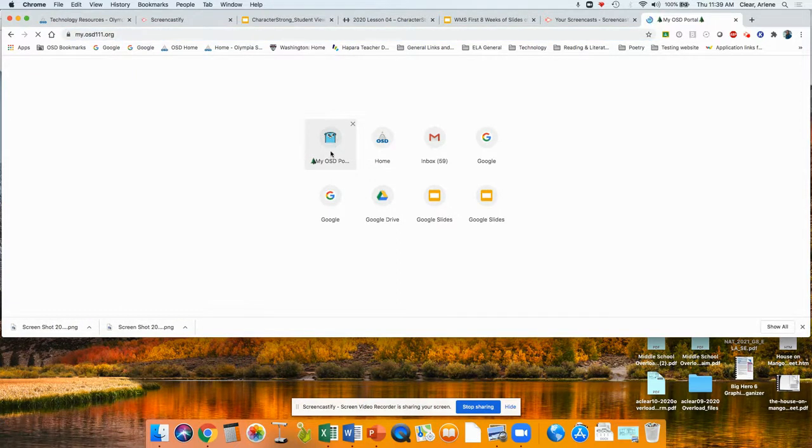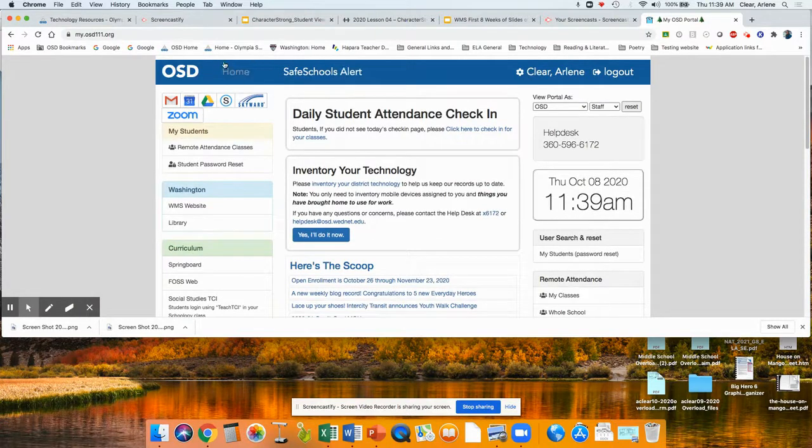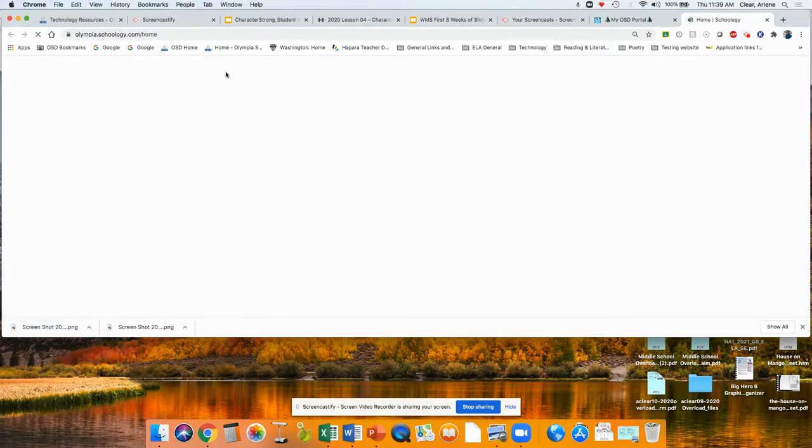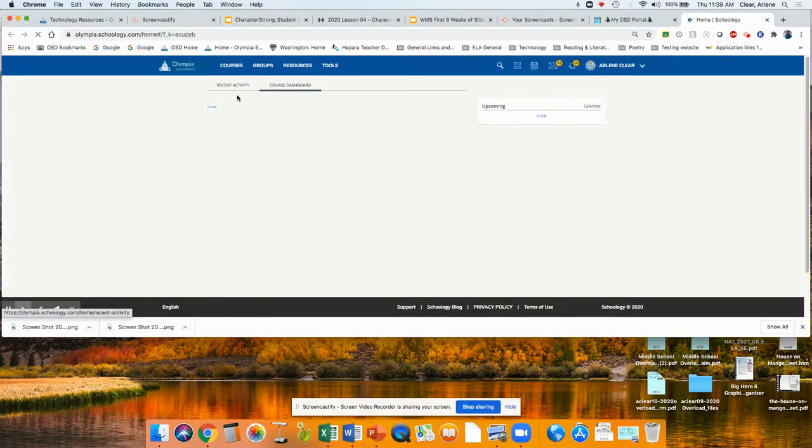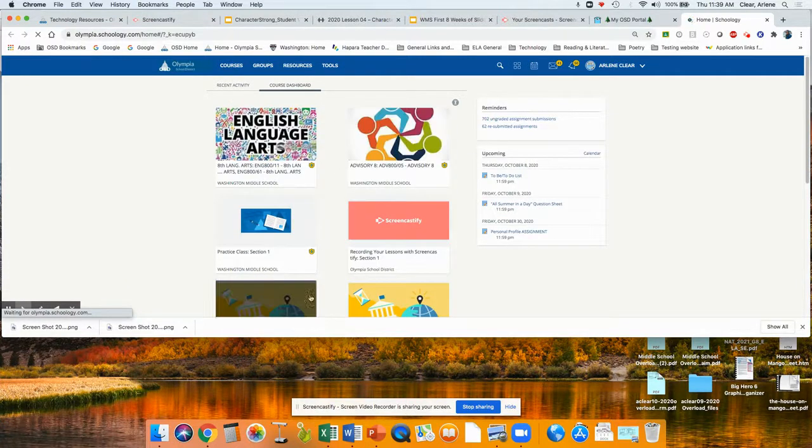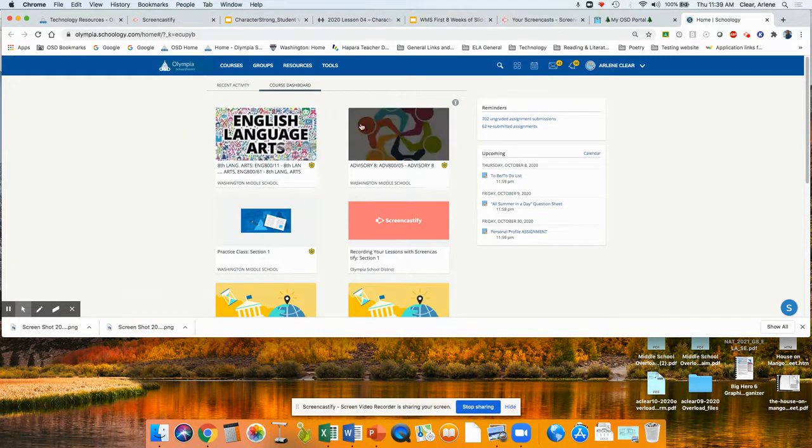To begin, we're going to look at the portal, which is where kids and parents can get to Schoology. This is where their mail is typically up here, and Skyward, where the actual final grades are posted. In Schoology, it's that little round S circle. You'll see your student has several panes and icons for their classes. My class looks like this. It says English Language Arts. You click into them,